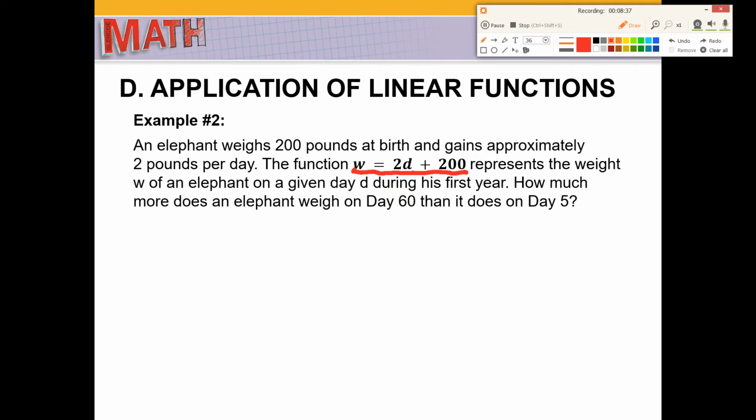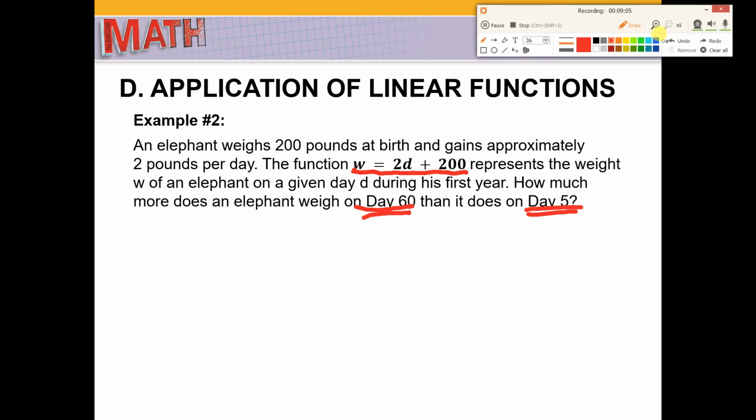How much more does an elephant weigh on day 60 than it does on day 5? Okay. Now, how do we solve linear functions problems like this? So it's asking for 2 things. First, you have to solve for the weight of the elephant after. So W,